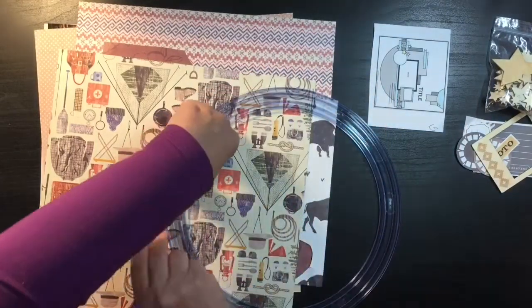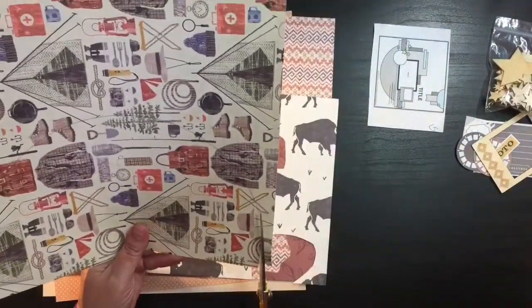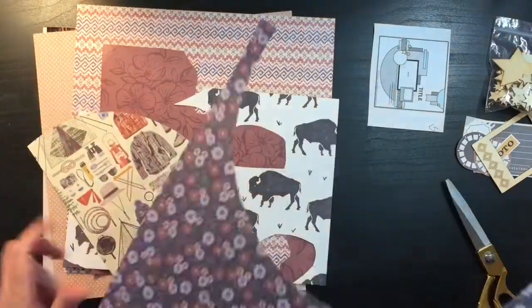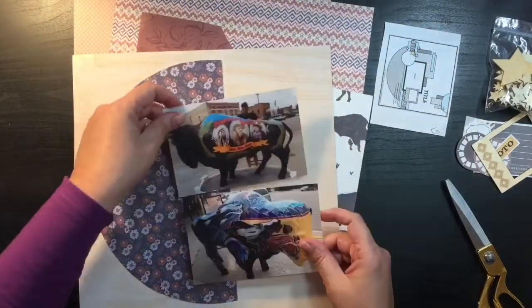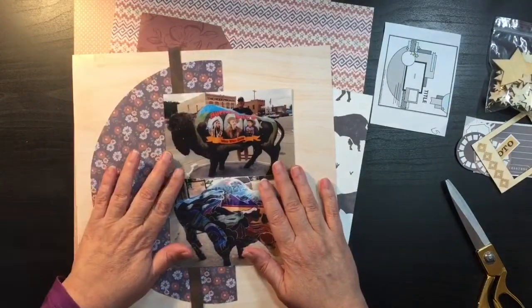I'm again working on my South Dakota album, and I finished up the section for the 1880s village, so now I am just working on our visit to Custer City. And this one was kind of a fun story. We had gone, if anybody has gone to South Dakota to visit Mount Rushmore,